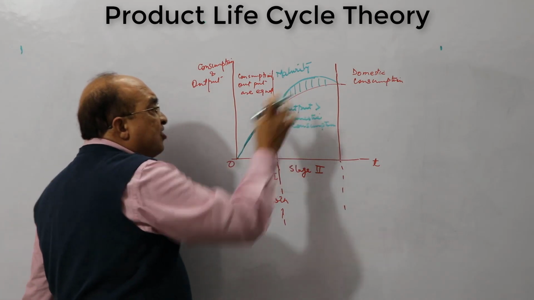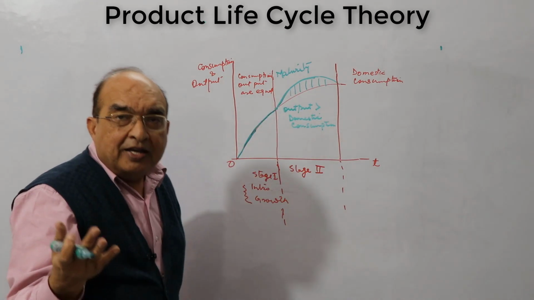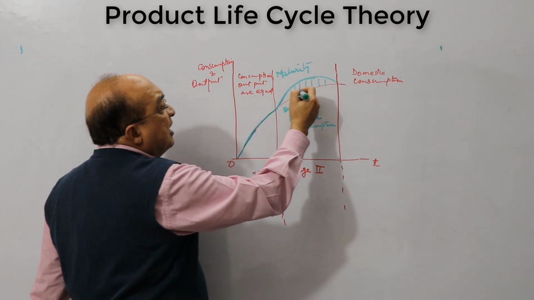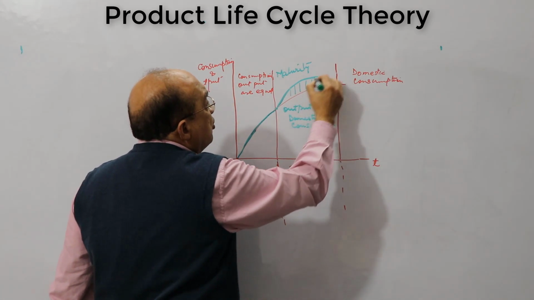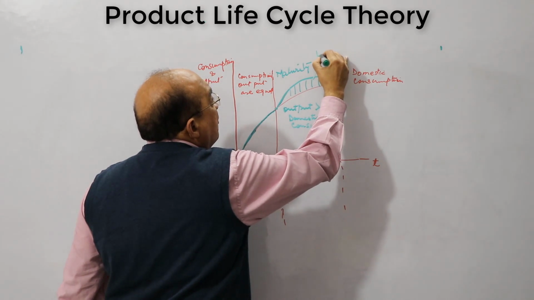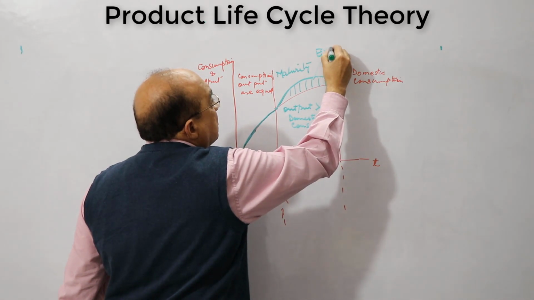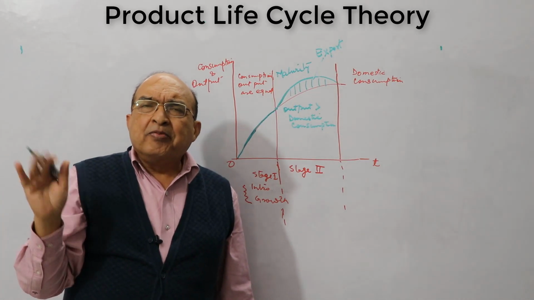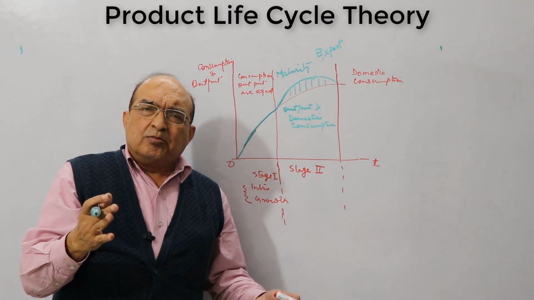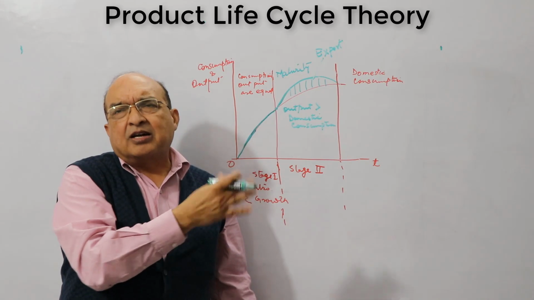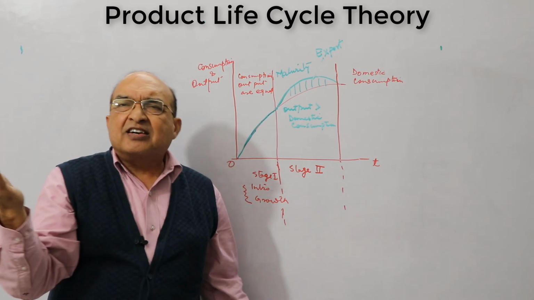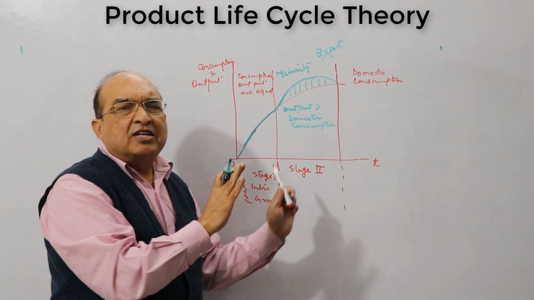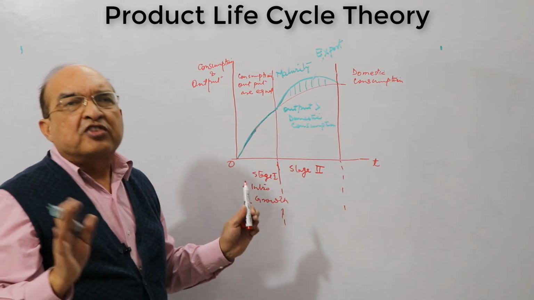And this excess of supply, this excess of the production over the domestic consumption, is exported. So this is the period when the good is ready to be exported. There could be various means of export. It could also be possible that the company itself starts producing in other countries. That will also be possible, but suppose the good gets exported to those countries because surplus is there,